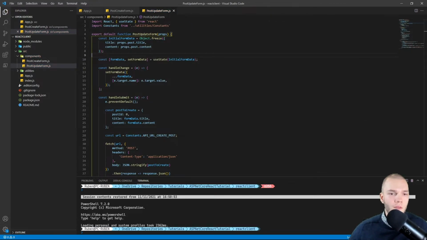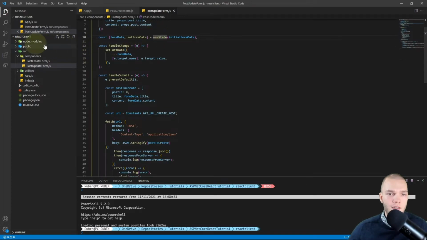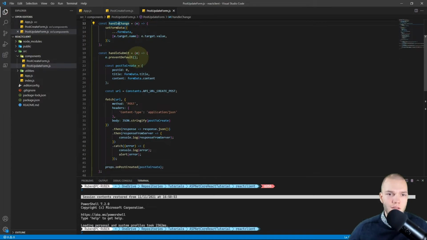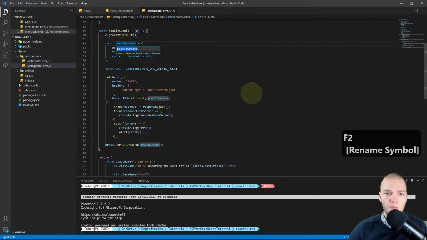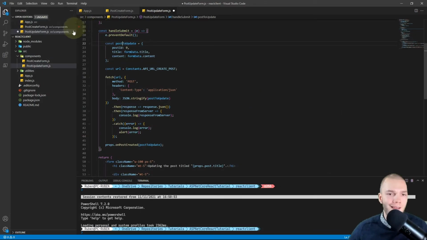Okay, there we go. The useState and handle change can stay the same. Then in the handle submit, I'll rename the post to create object to post to update with F2. And I want to set the post ID to the post ID of the post from the props.